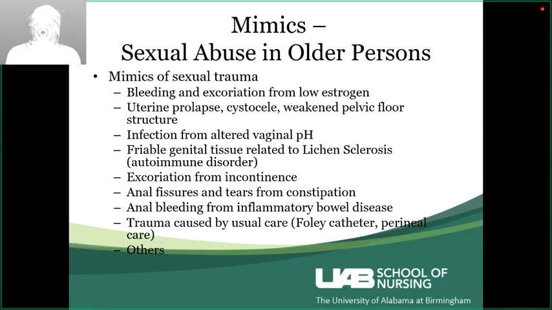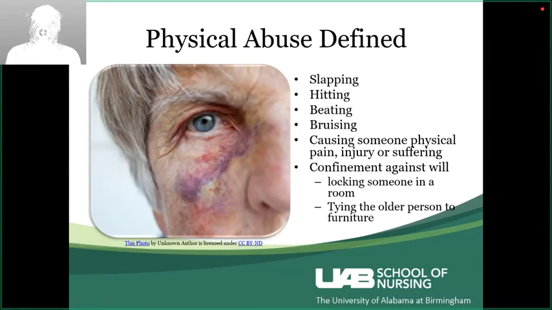So we look for bleeding and excoriation that's a result of low estrogen, uterine prolapse, cystoceles, rectoceles, infection, altered vaginal pH, friable genital tissue related to conditions or disease processes, excoriation from incontinence and failure to keep the area clean, anal fissures from constipation, bleeding, and inflammatory bowel disease, trauma from usual care in a nursing home like Foley catheter or perianal care. So when physical abuse is part of that, injury is also in my wheelhouse, and we begin